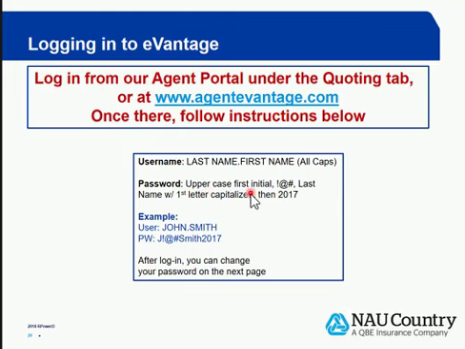In the password, you'll put your first initial, exclamation point, @, the last name with the first letter capitalized, and then 2017. So here's what it would look like if your name were John Smith. John.Smith is the username, password, J, exclamation point, @ Smith 2017, and that'll log you in, at which point it'll prompt you to